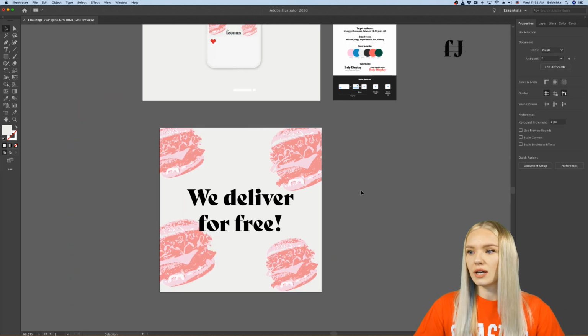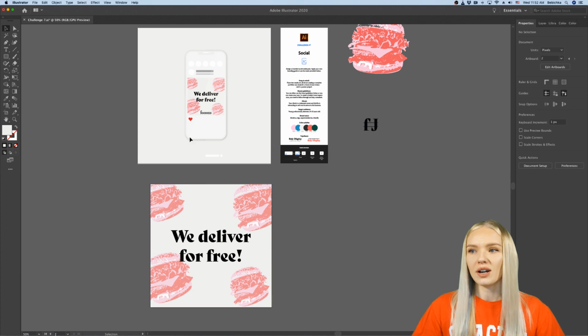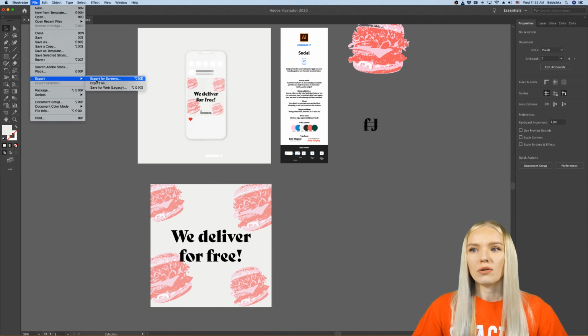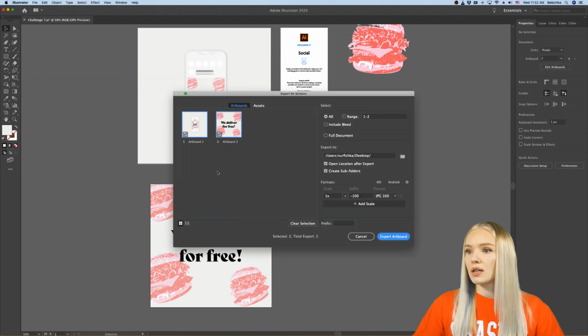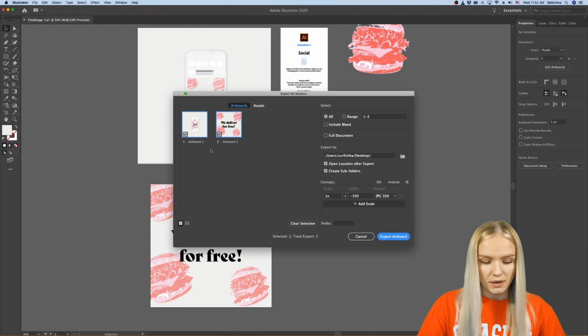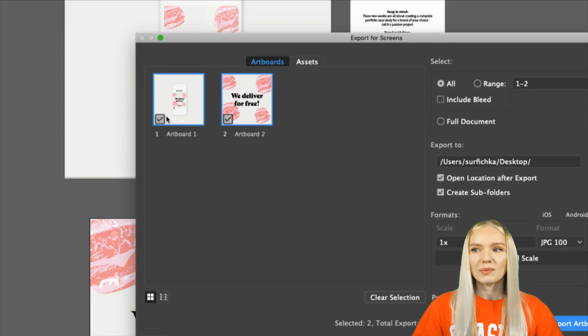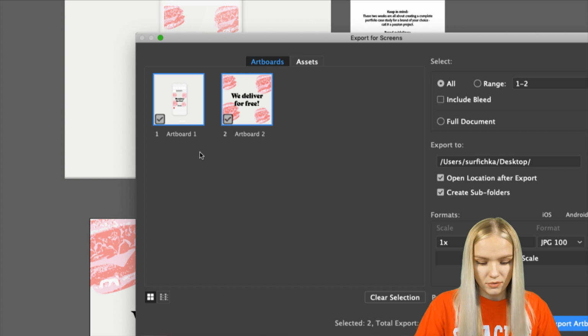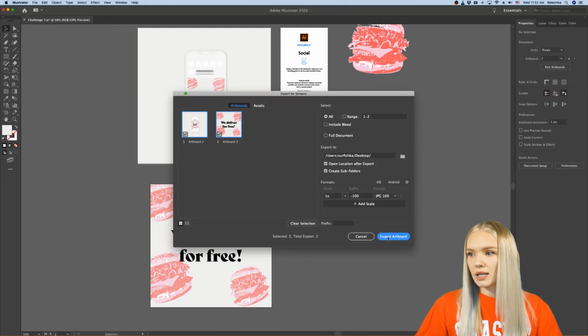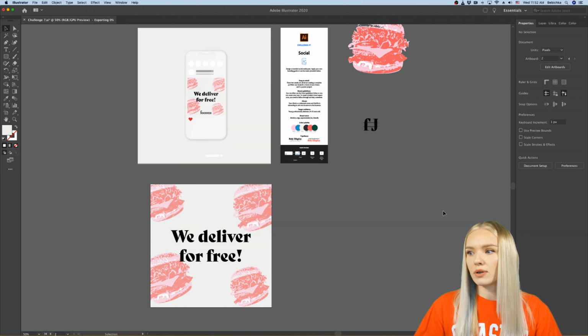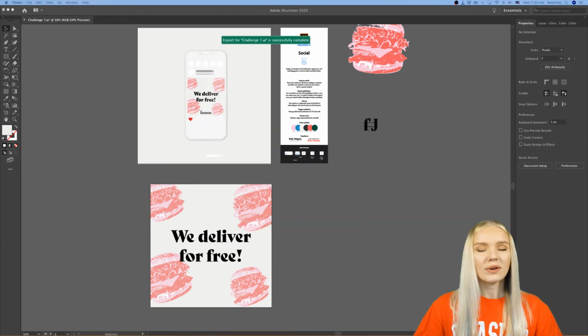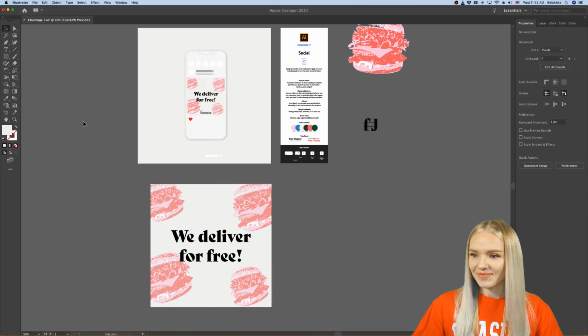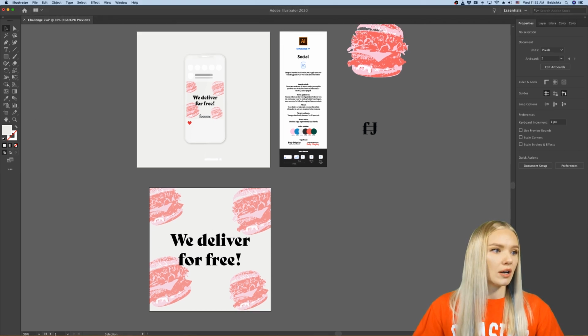Okay, and now you can already export both your mockup and your artwork by going onto File, Export. I would export for screens. I think that's the best option you can go with. Here you will see the two artboards are already marked, but you can still deselect the ones you don't want, in case you have more and there are some artboards you're not interested in exporting. Then you can click Export Artboards, and I already have an artboard name like that. Of course, you should do some proper naming, not like me. And then you already have your images.